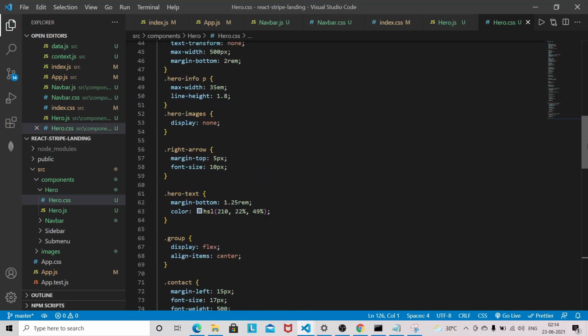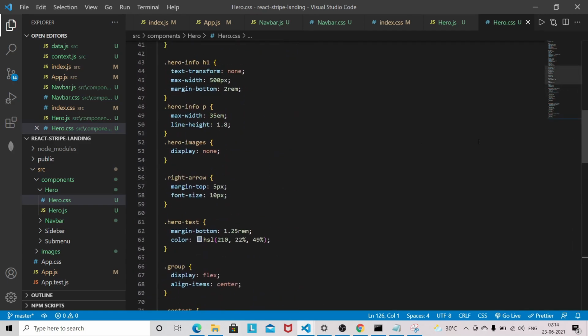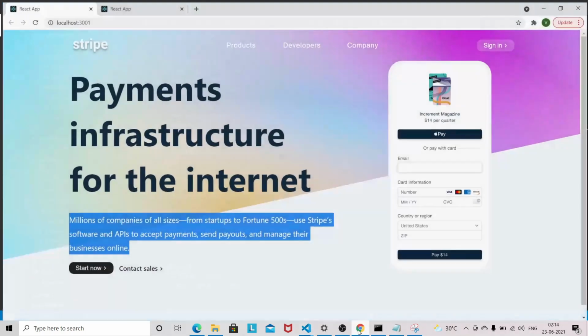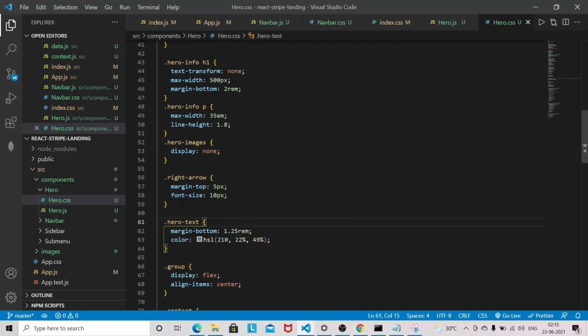So we have this much CSS to write in this file. So now let's go into the browser. So this is the demo app, don't get confused, and this is the app on which we are working. So again the styling is not applying. So let's go into the VS Code.